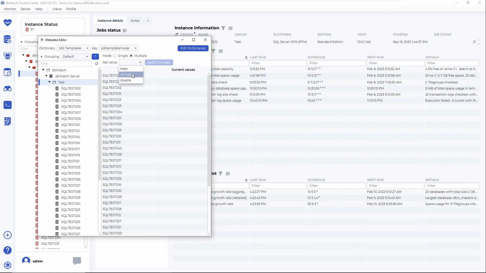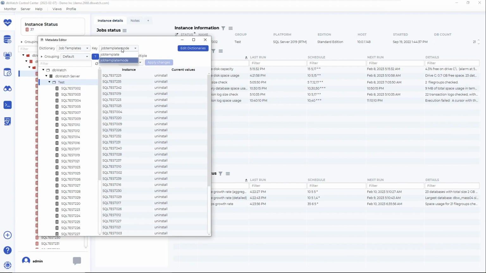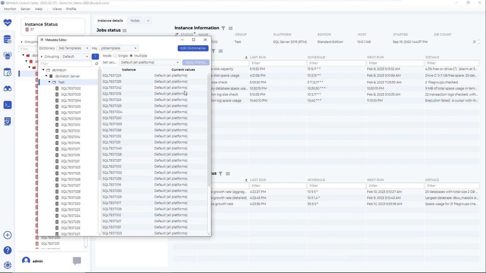You can choose to uninstall, so we uninstall the jobs that are not mentioned in the template. Or you can choose to disable the jobs that are not mentioned in the template. But here, one of the purposes is to uninstall some jobs, so that is the setting you want for this template. So uninstall is the toughest way to deploy this. So then we have set the mode, and we have set the template. So you see the default,